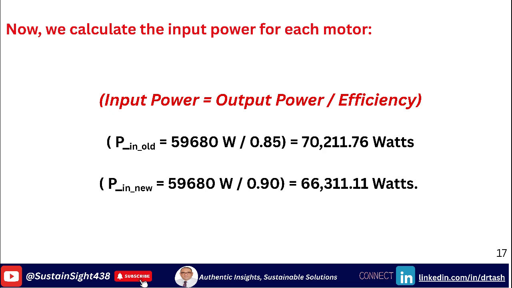For the new motor with 90% efficiency, or 0.90, input power new equals 59,680 watts divided by 0.90. Calculating this, the new motor draws approximately 66,311 watts. Notice the new motor draws less power because it's more efficient, even though it's doing the exact same